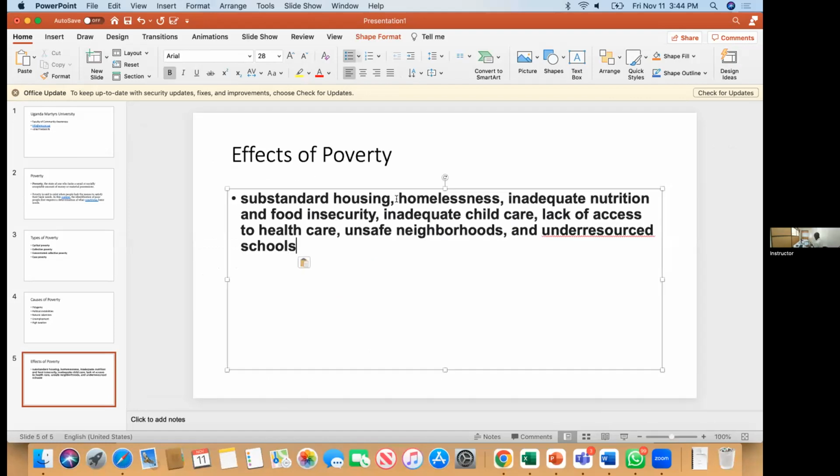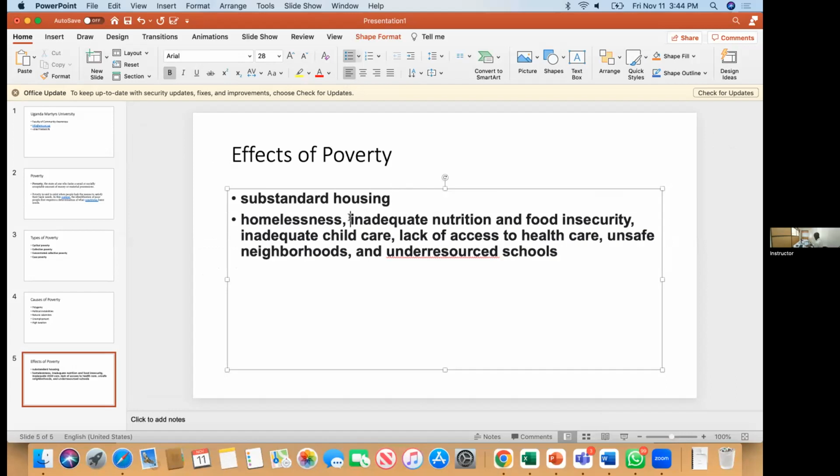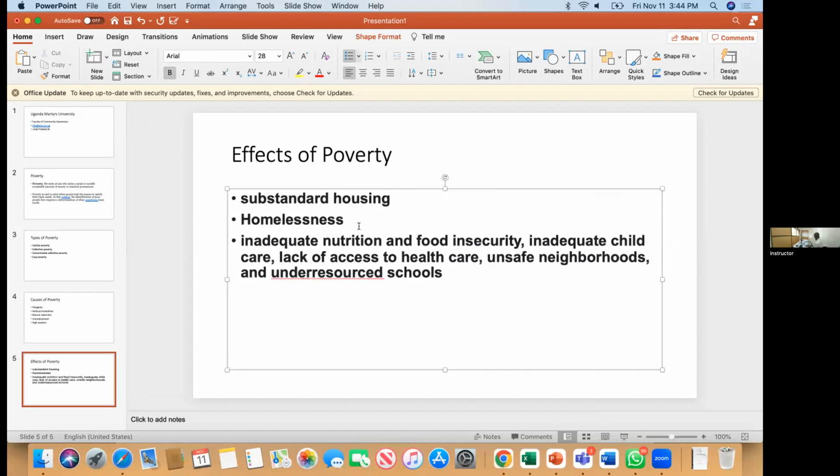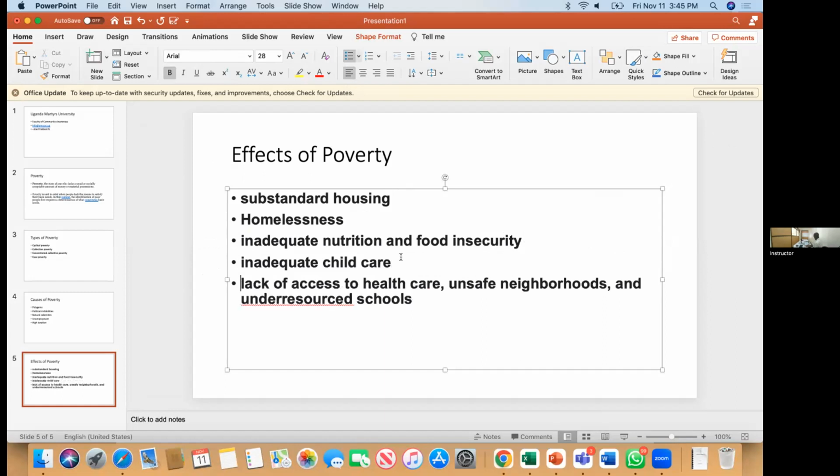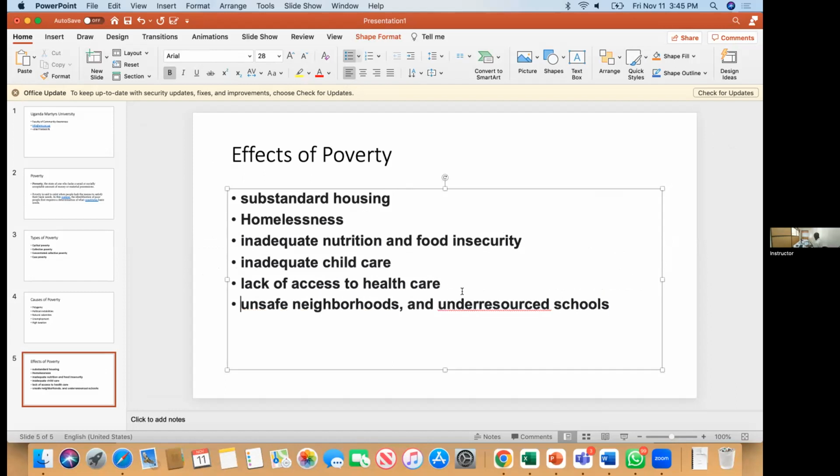Substandard housing. We have homeless. We have inadequate nutrition and food insecurity. We have inadequate child care, lack of access to health care, unsafe neighborhoods, and under-resourced schools.